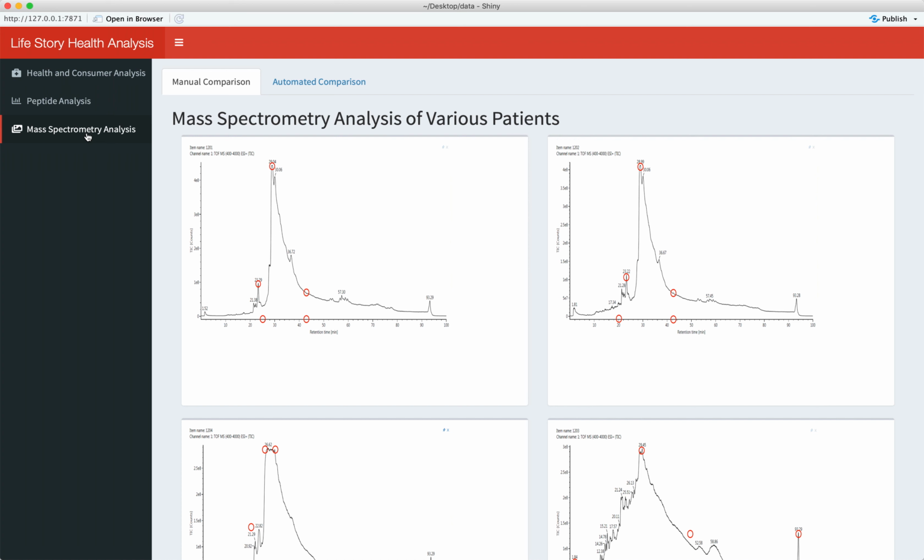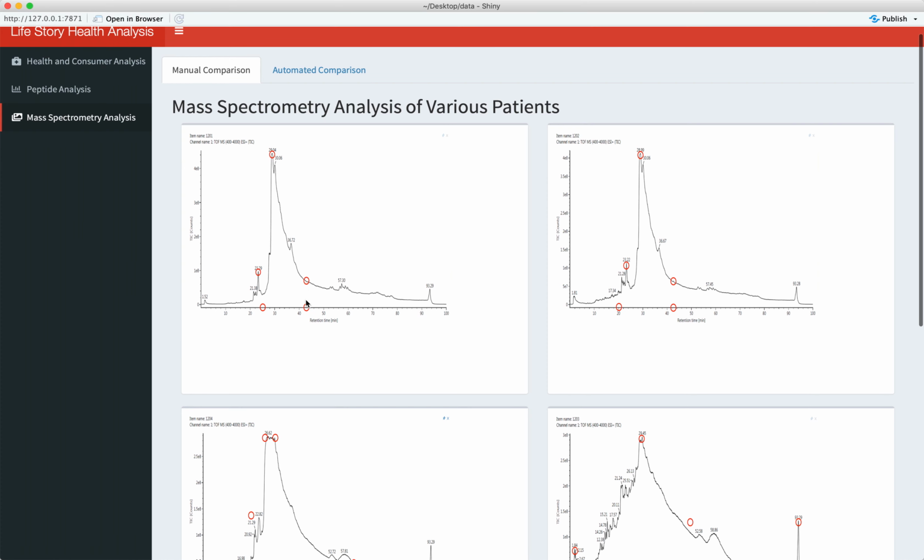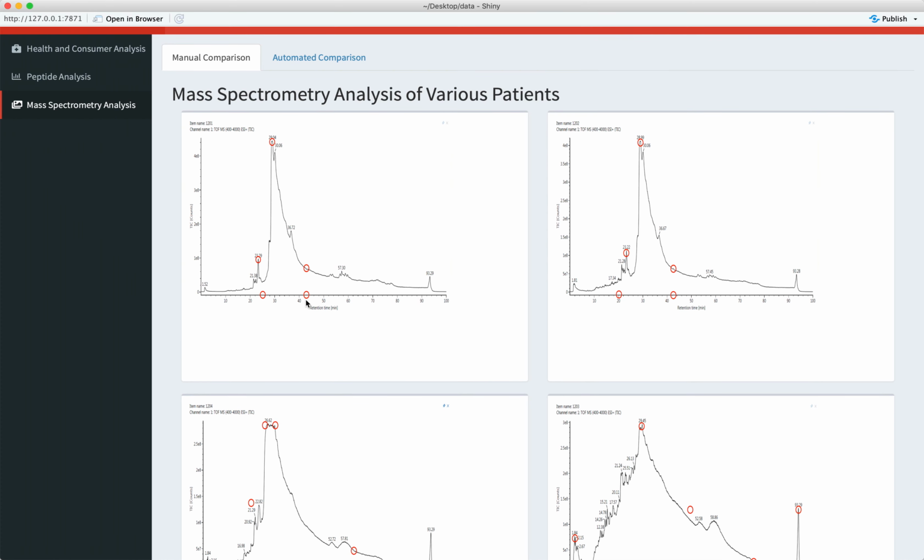There are two tabs on the dashboard: manual comparison and automated comparison. The first tab has the plot that shows the protein analysis of the patient based on the total ions count and retention time. Here I manually compare the various plots to understand the pattern of the retention time and intensity.